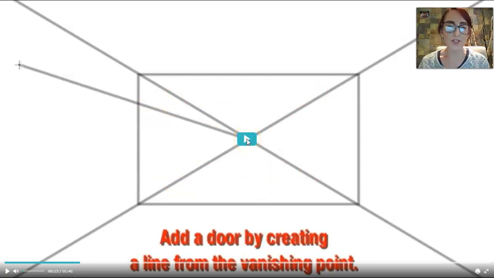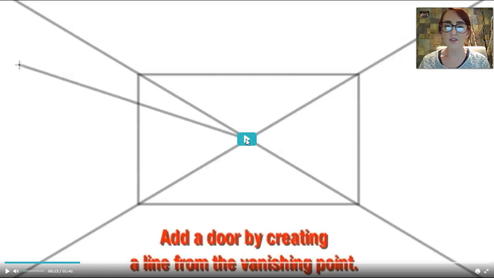Okay, this point, hopefully you remember from last week, is your vanishing point. So any lines from what will be the door here, or if you have a window over here, all of those lines are going to go straight to the vanishing point right in the middle, okay? I would suggest that when you do these lines, go nice and lightly, okay? You're going to want to get rid of some of these lines when they're finished, so nice HB light pencil